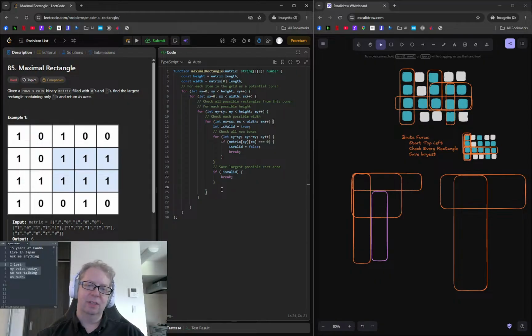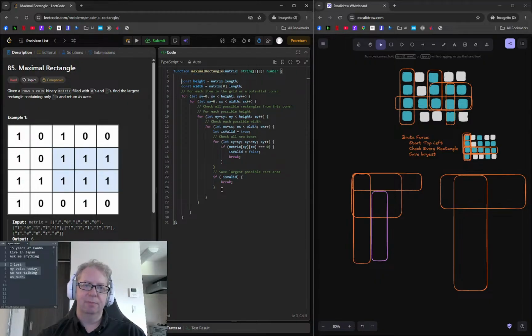Otherwise, I guess we don't have to do this. A little bit inefficient. Well, I'm just going to do it for convenience. We could wait until we get to the end, and the maximal one that we got is the one to use. But I'm just going to keep updating it here. Updating the maximum: max area is the max of max area and whatever this area is, which is